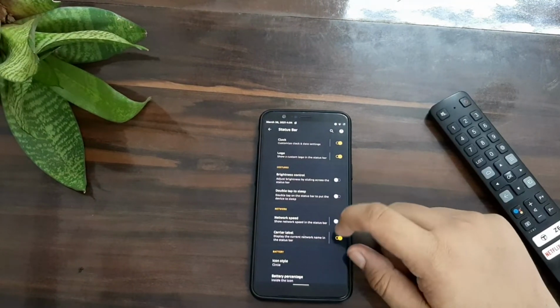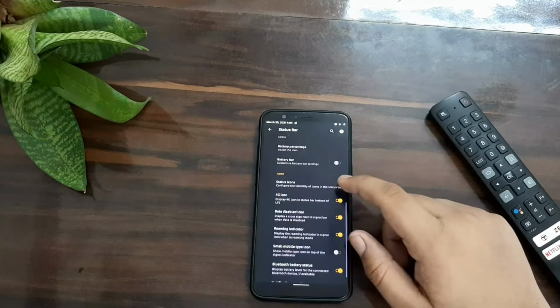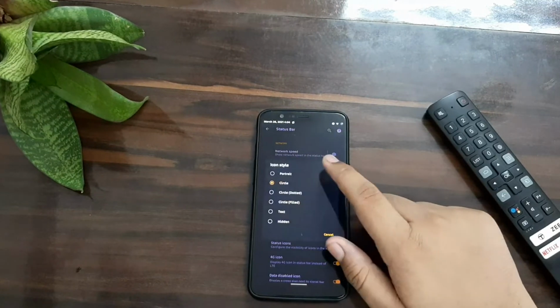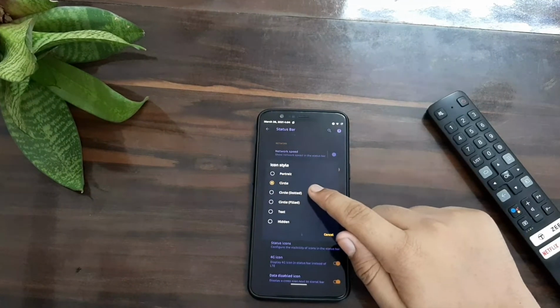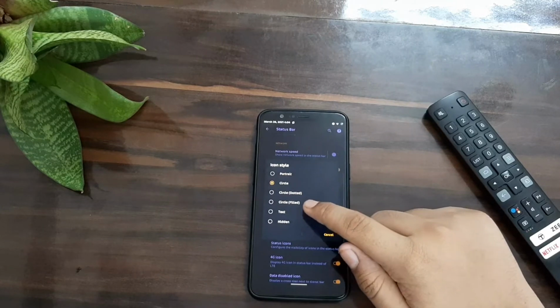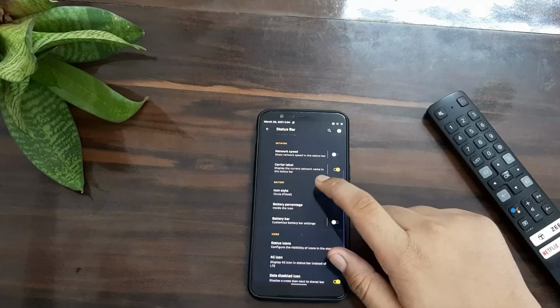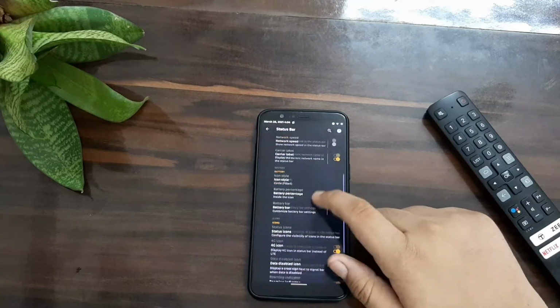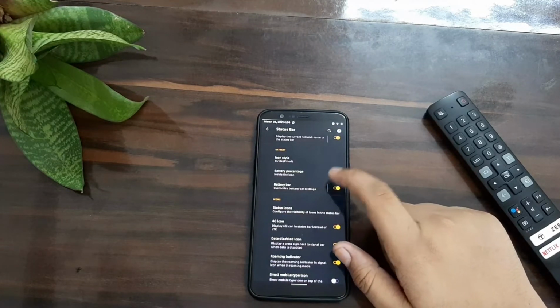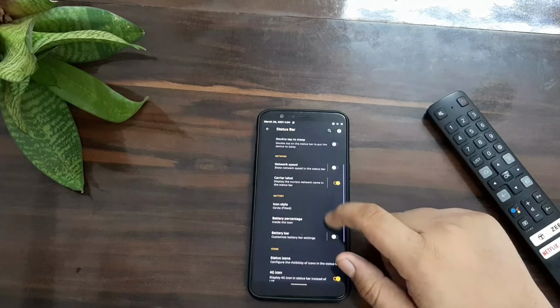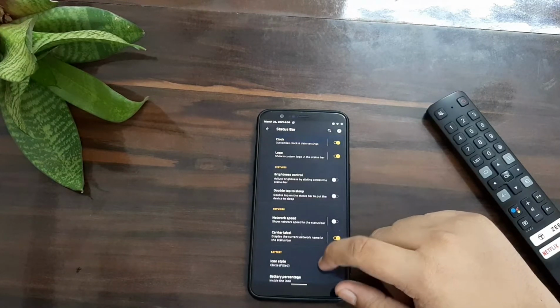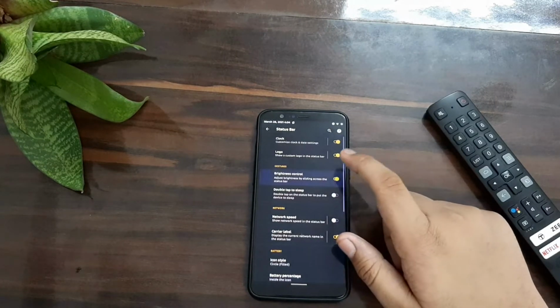So here are some of the gestures that I have shown you. Here is the battery icon. You can change it to portrait, circle, circle dotted, circle filled, text. I will put it on circle filled, and I will change my battery percentage. You can change it right away there. Here is the brightness control.